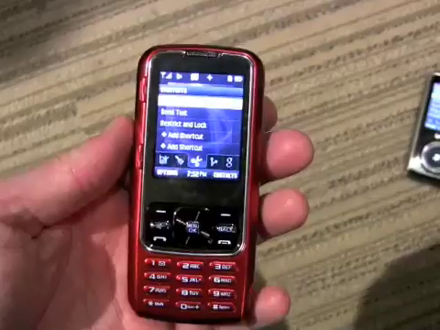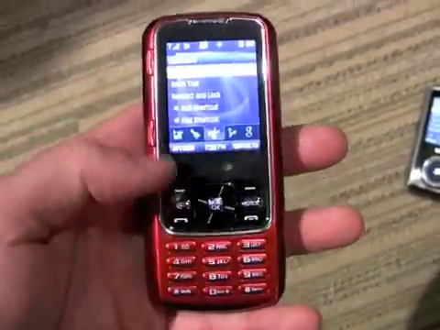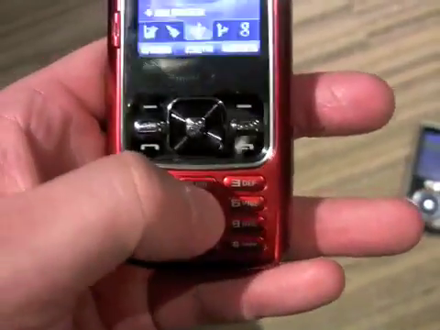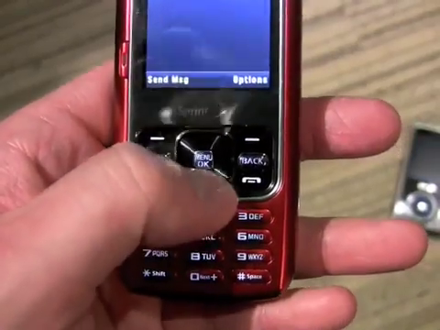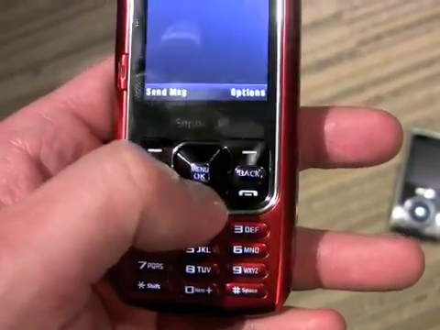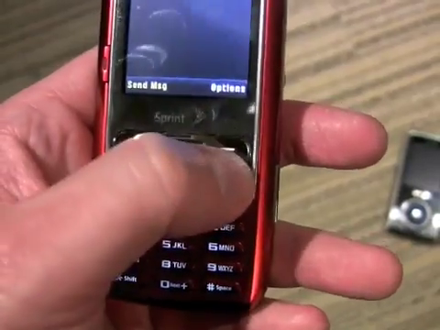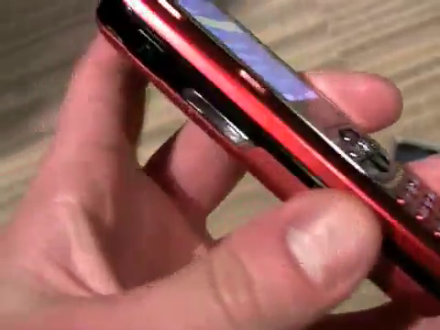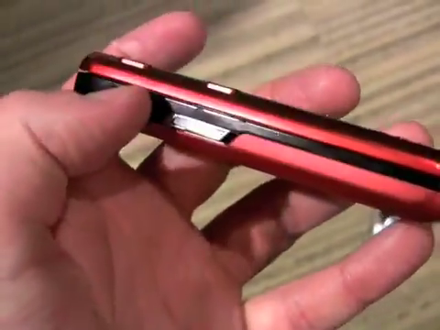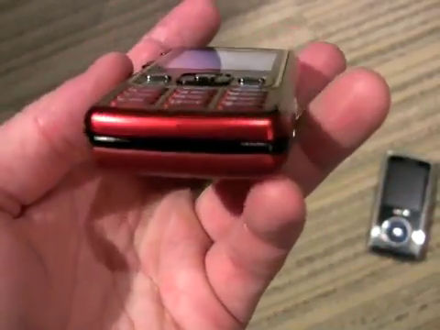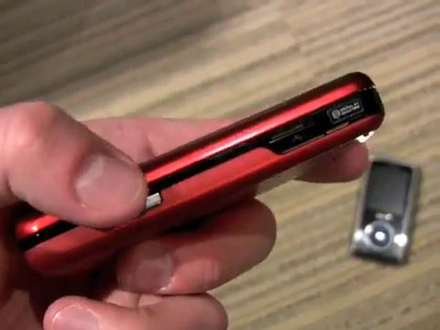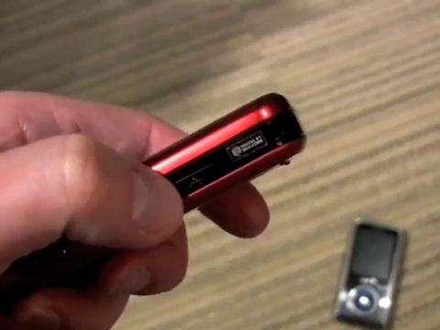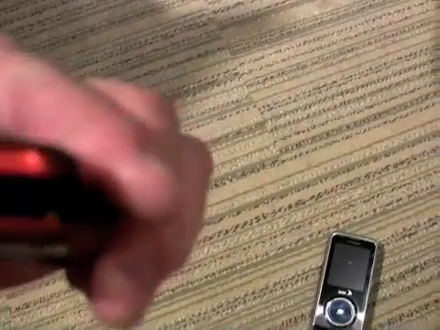You can see it's a fairly large phone, has a generous screen, has a numeric keypad here on the front. These buttons have good travel and feedback. We've got the standard buttons here. Have a shortcut to the speakerphone. On the left side we have a headset jack and the volume toggle. And on the right side we have the camera key, the hatch covering the data port, and on top we